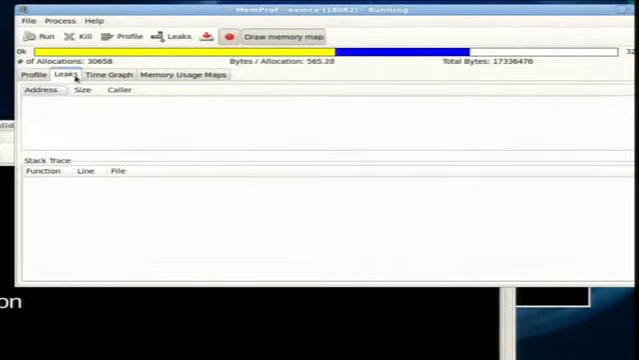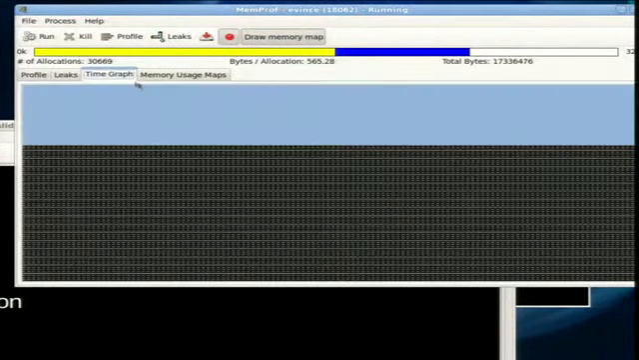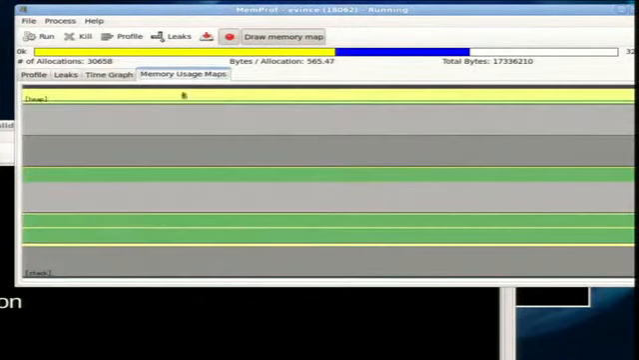There's also a leaks display which uses the Boehm GC algorithm to find out which memory was leaked, but I actually think it doesn't really work. We have seen the time graph, which is actually now stable, so it doesn't leak more memory or allocate more memory over time. And we do have this graph which actually shows you which areas of memory were allocated, and like here's the stack, here's the heap, and which